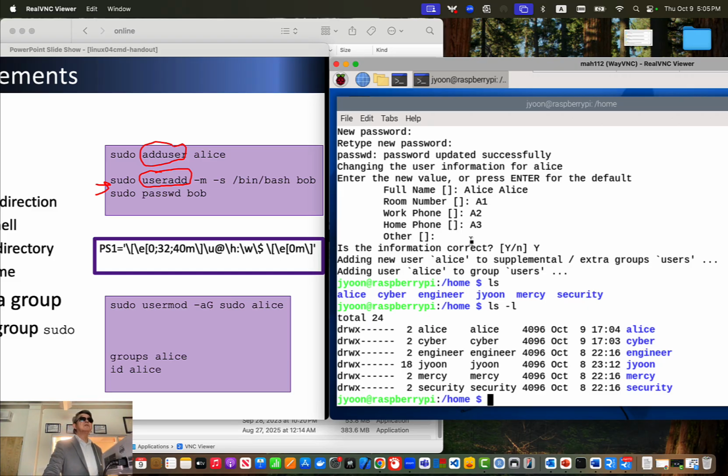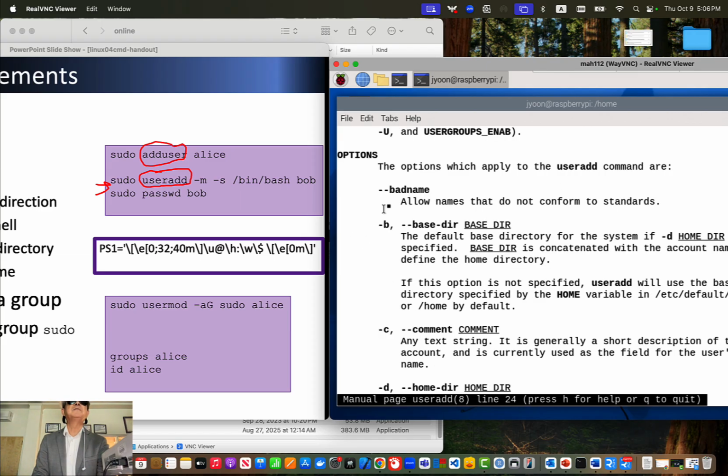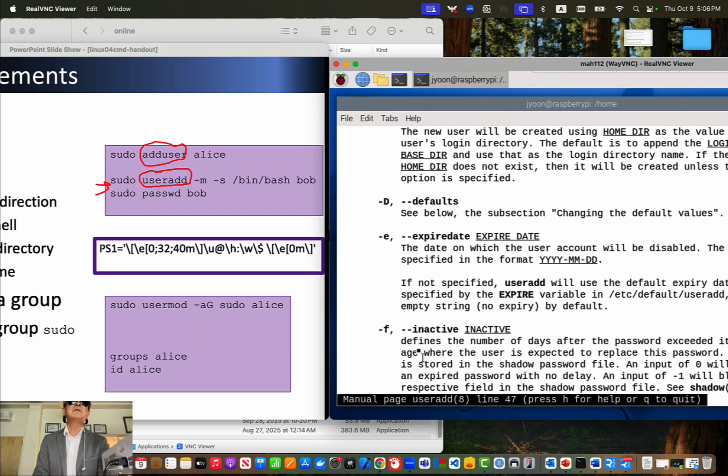So adduser is friendlier than useradd. With useradd, you have to find out all the options. Man useradd: it creates a user and updates. If you see the options here, we can also choose the shell and comment, the base directory, the home directory. We can create that. Expirations,